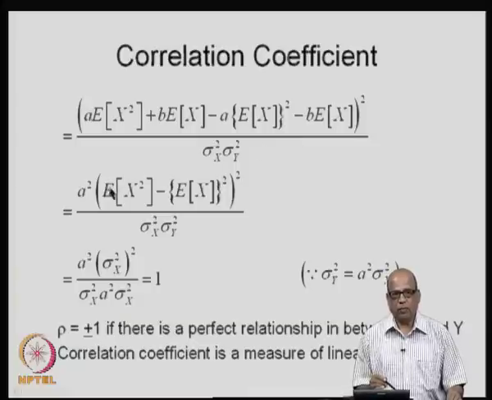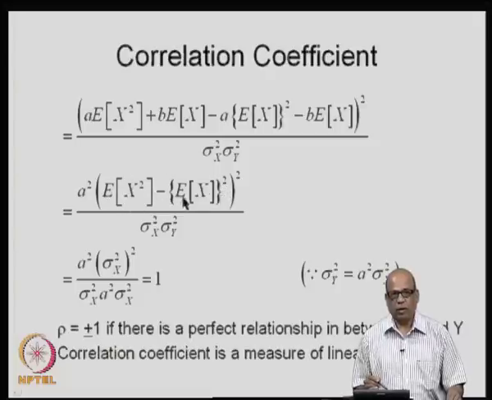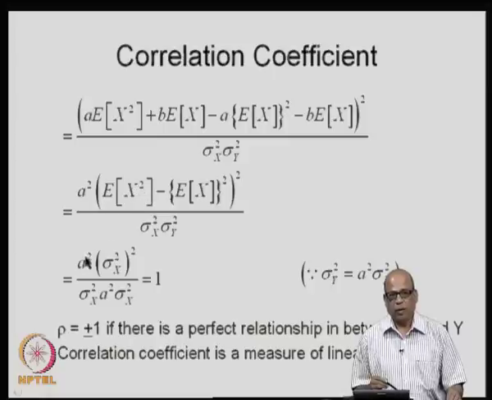We get a square times expected value of x square minus expected value of x, the whole square. Can you recognize this term within the bracket? It is in fact sigma x square, which is the variance of x. So, we write this as a square sigma x square, the whole square. So, we get a square sigma x to the power 4,